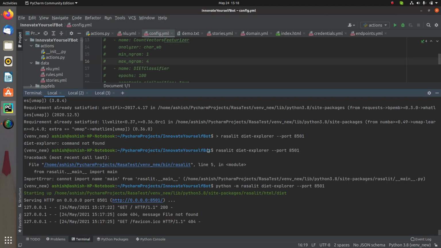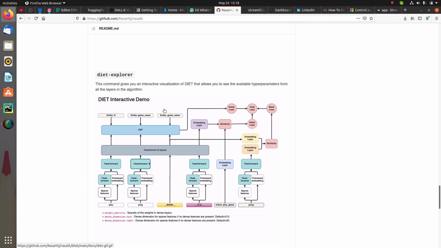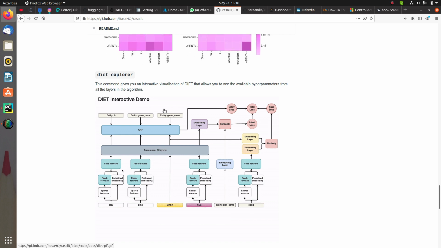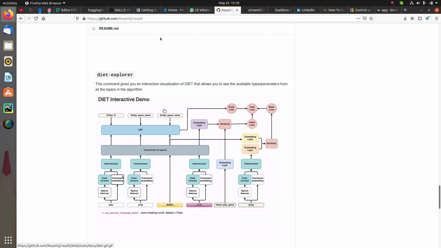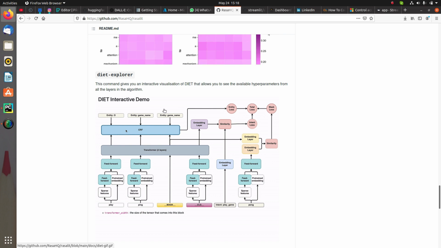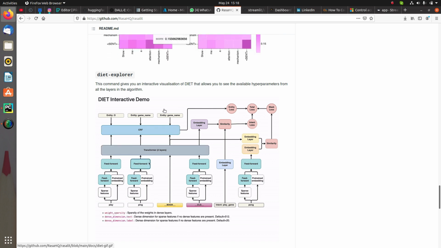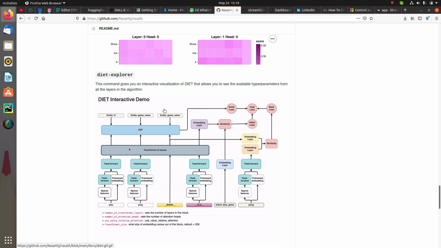Now this is about it. Alright, so now I think you have got a proper understanding of the different features available for Rasa Lit. And I think you have got an idea of what exactly Rasa Lit is and how to install it and use it. So that is all about this, and I hope everything is clear to you.